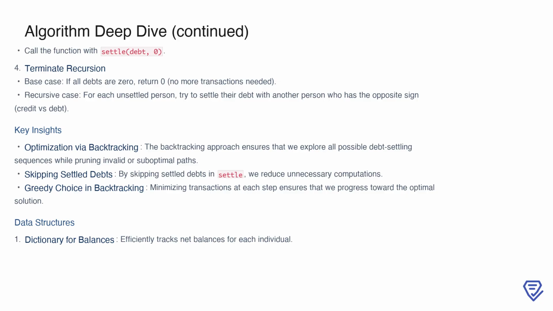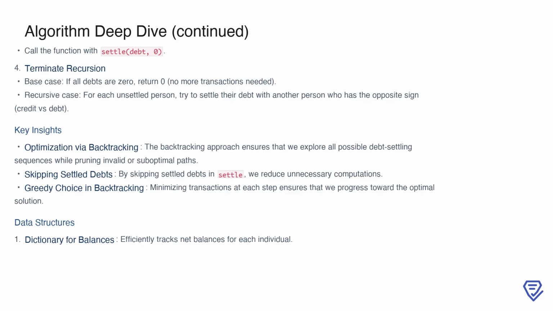In the recursive case, we attempt to settle the debt of the current person with another individual who has the opposite balance, meaning one owes money and the other is owed money. By minimizing the number of transactions at each step, we gradually work toward the optimal solution. Skipping over settled debts ensures we don't perform unnecessary computations, while the backtracking mechanism allows us to explore multiple ways of settling debts and prune suboptimal paths. This combination of recursion, backtracking, and greedy choices ensures that we find the smallest number of transactions needed to fully